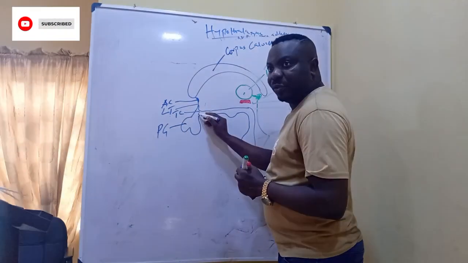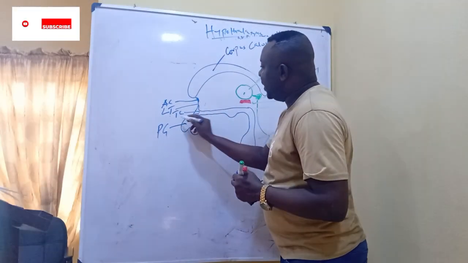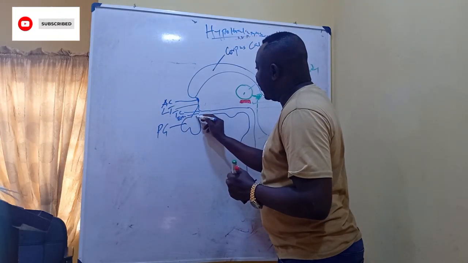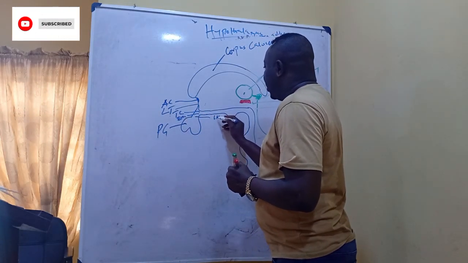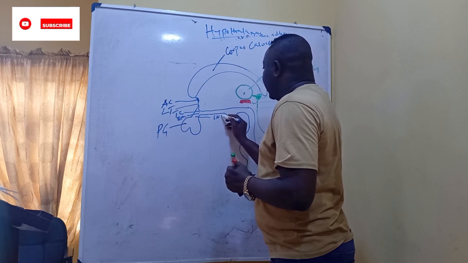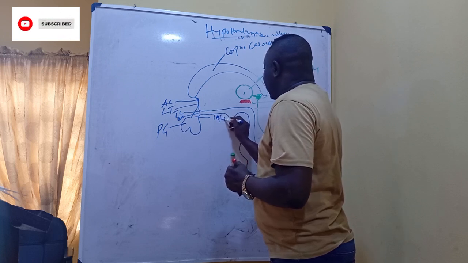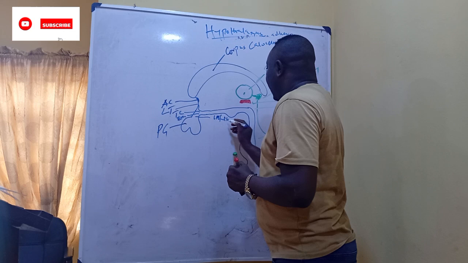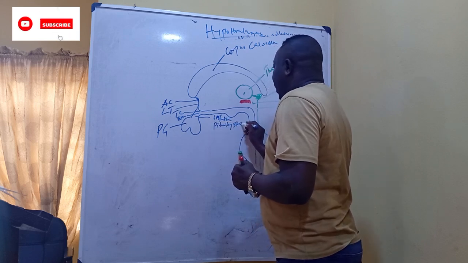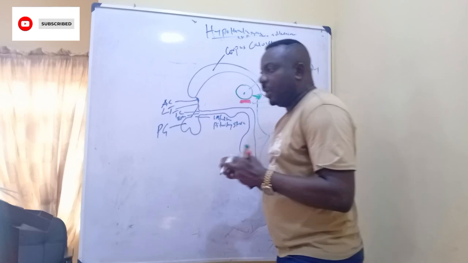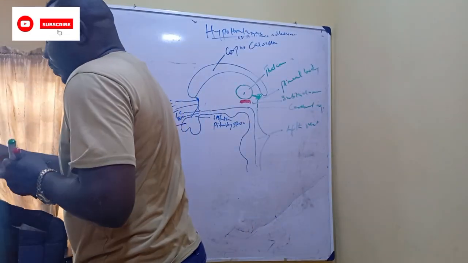And then if you go down a little bit, you have what? The median eminence, and then you have the infundibulum. Right? If you don't call it infundibulum, you call it the pituitary stalk. Right? Yes, sir. Now, anteriorly,